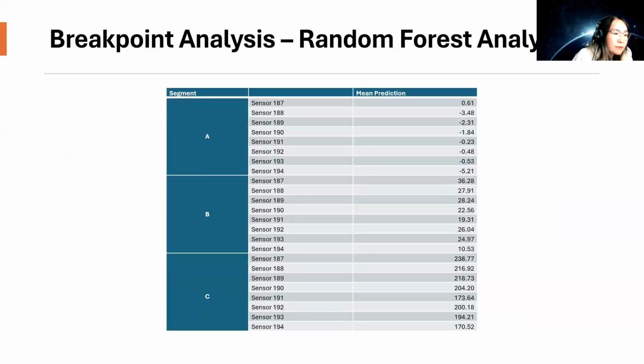And let's take a look at the random forest analysis. In segment A, the mean prediction values range from positive to negative, which indicates variability in the sensor response at the lower concentrations. And when it comes to segment B, the mean prediction values are higher, reflecting a different tendency or behavior